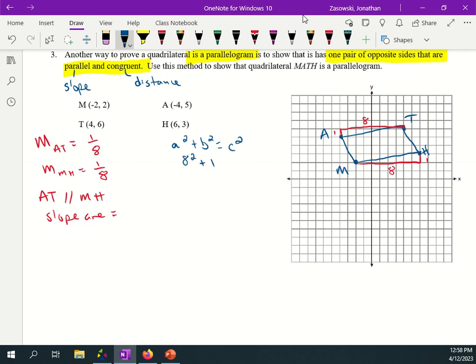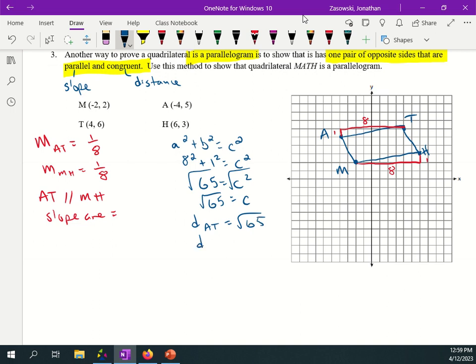You got it. And so 8 squared is 64, plus 1 is 65. And so the actual distance is, what do you do to get c if it's c squared? Square root it. So the square root of 65 is what c is. So underneath, the distance of AT is,